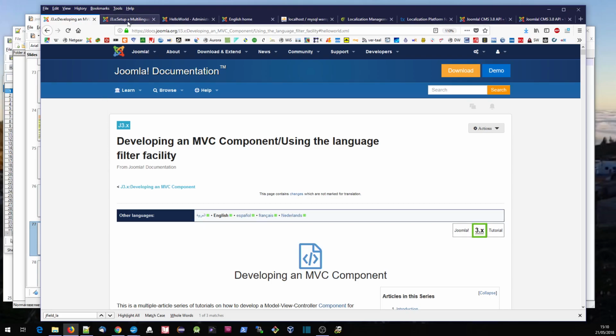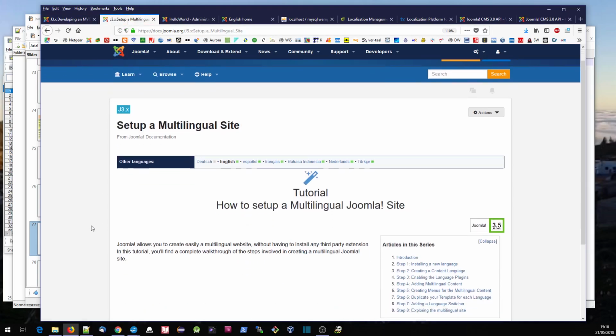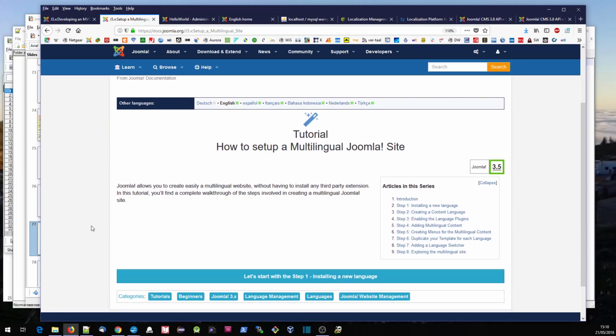multilingual. And there's a really good tutorial on how to set up a multilingual Joomla site, and that's really what you should follow in order to get your site set up correctly. It can be a bit confusing just seeing this for the first time. So what I'm going to do is really just go through the steps and show you what you should expect to end up with, and look in a bit more detail at some of the plugins and modules